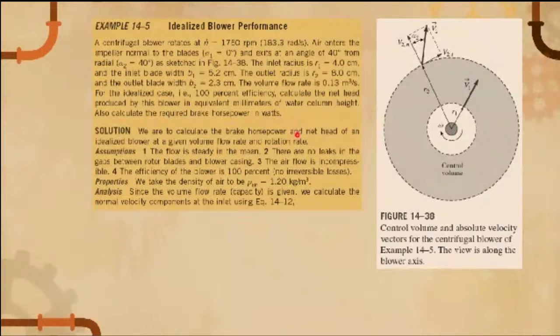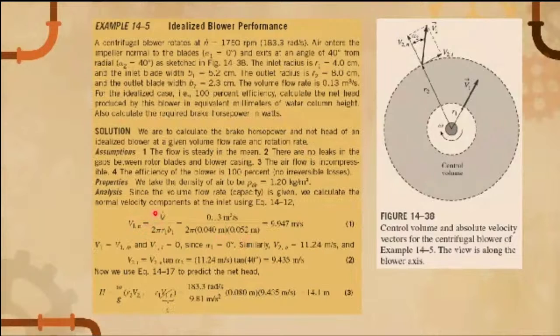Okay. So we will use the equation we have gone through just now. The first equation, the volumetric flow rate, this is what we have seen just now. By using this, you will be able to calculate the normal velocity, which is 9.947 meter per second, and then the first angle is 0. Okay, so you will be able to get the outlet normal velocity, which is 11.24 meter per second,